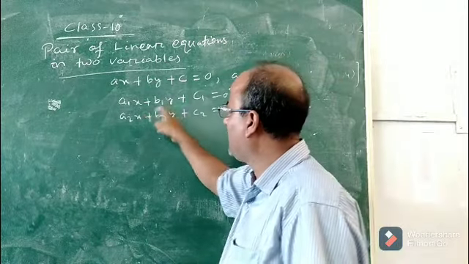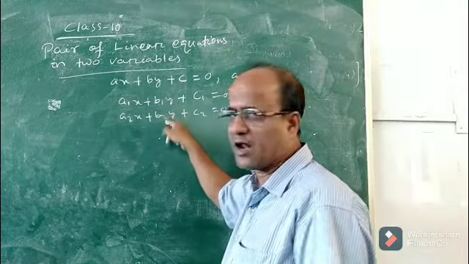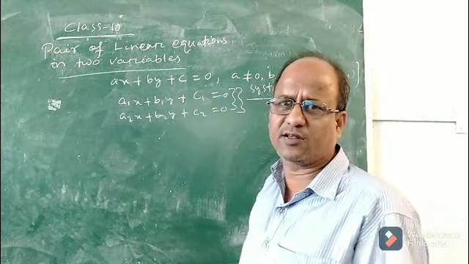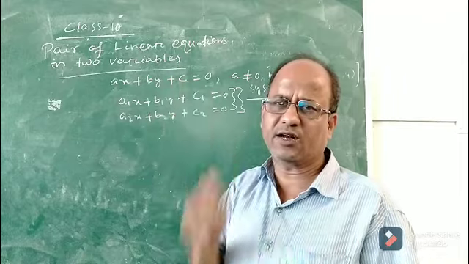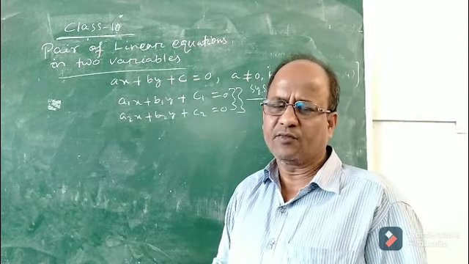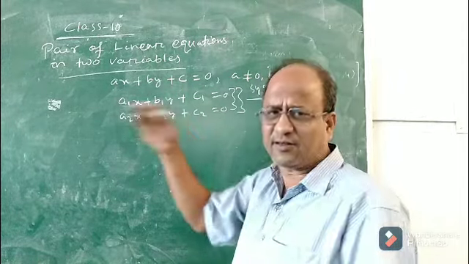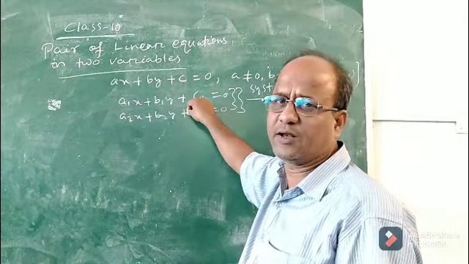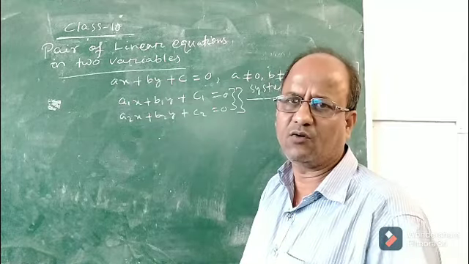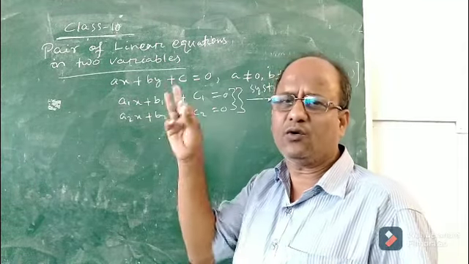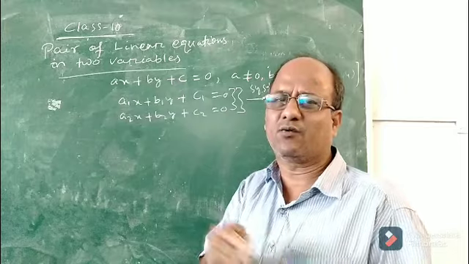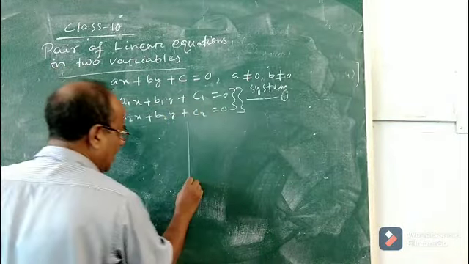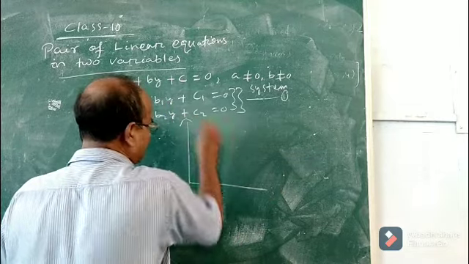Okay. So the graphical representation of this pair of equations in two variables will be two straight lines. We will discuss the graph later. If you draw the graph of these two linear equations in two variables, you will get two straight lines. Now, what may be the relation between them? Suppose this is x and y.